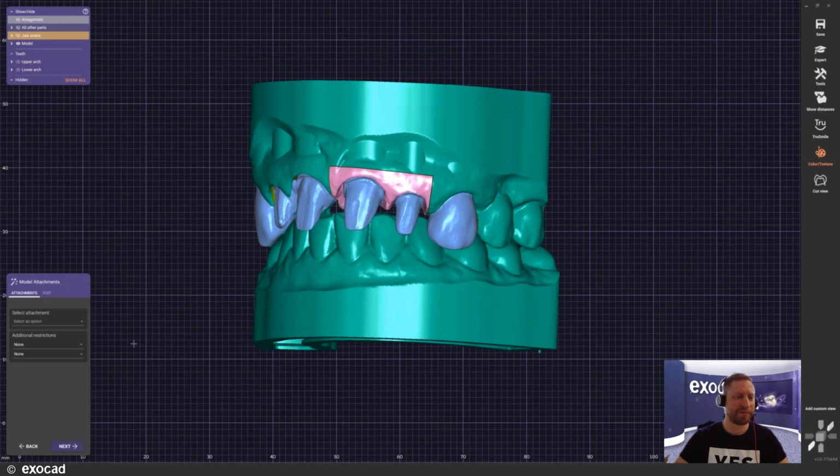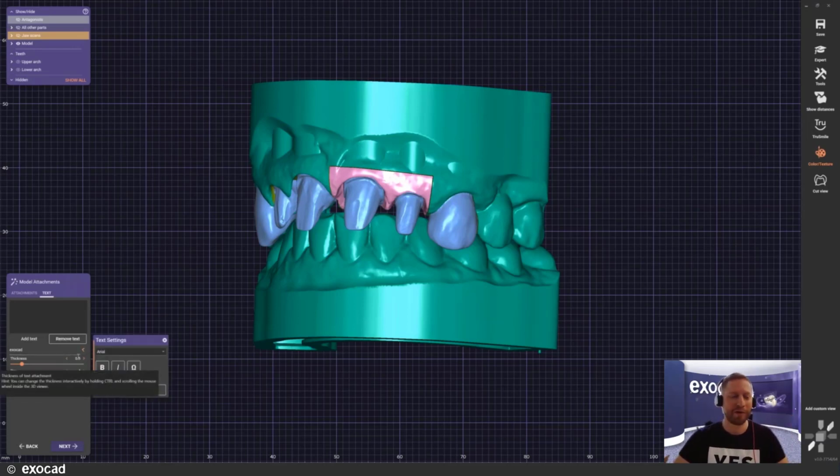So first, let me show you really quick our text feature, because there is a smaller feature that has been overlooked for the most part. I'm just going to write Exocad here. And now I'm going to use this little arrow here on the side, and that gives you a tiny bit more options for individualization. You're probably familiar with it from any kind of Windows feature.